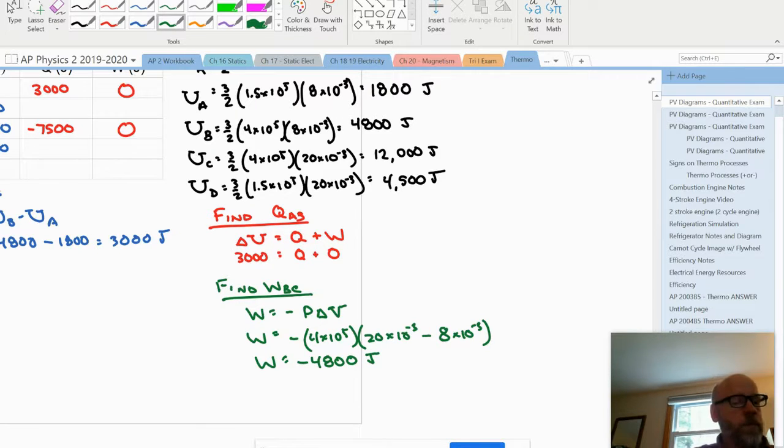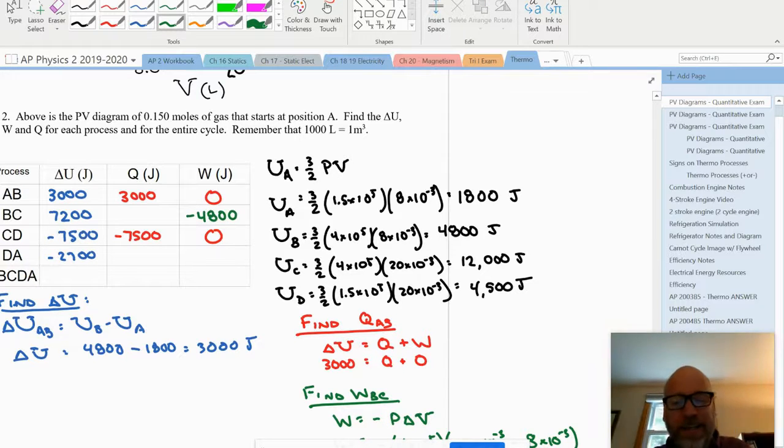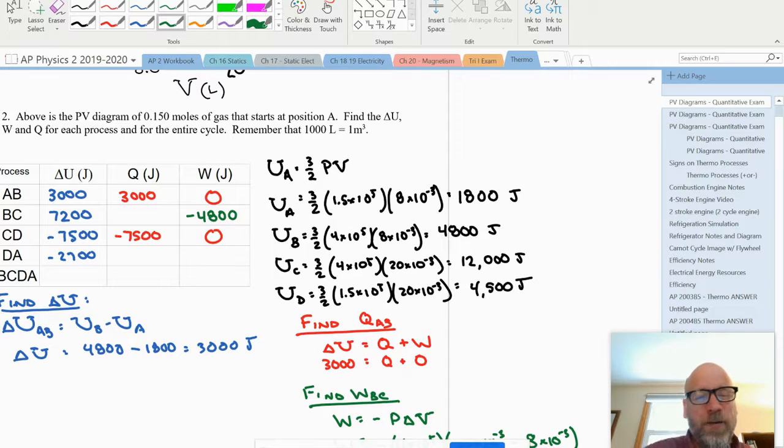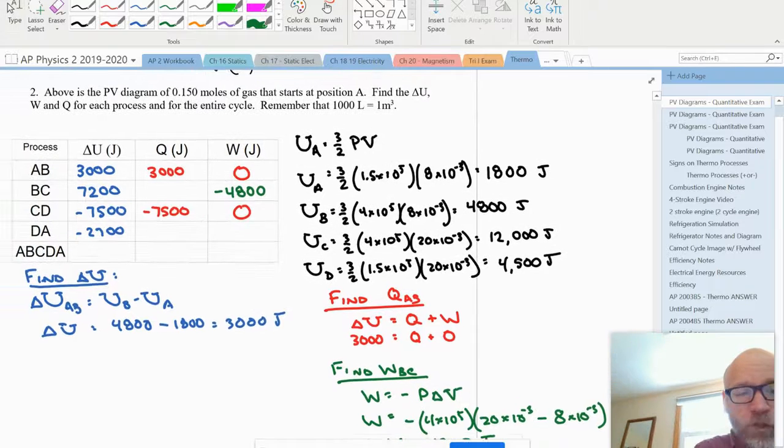Right? Yeah. So that means that work done by the gas was negative because the gas expanded. Think of it like it pushed against something and applied a force over a distance, and it did work. But the gas itself didn't have work done on it. It would take away from the internal energy of the gas. So to find the heat added during that process,